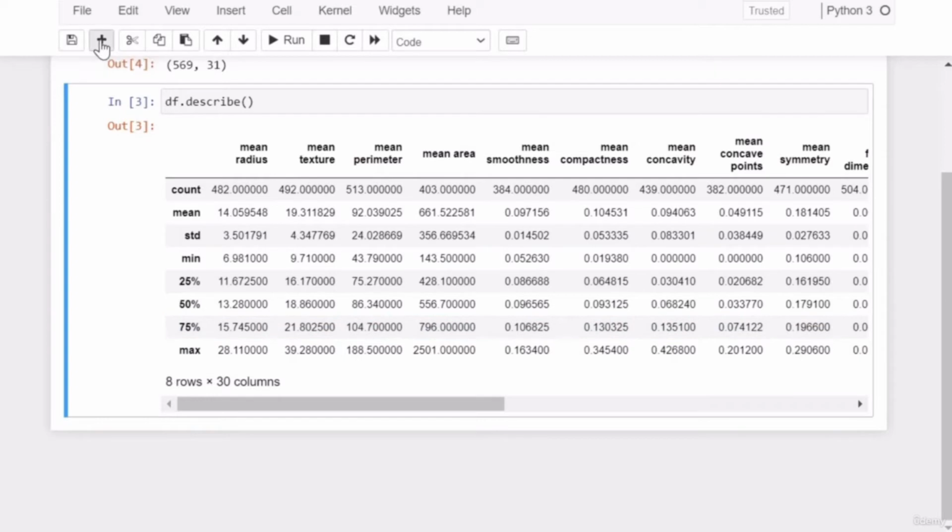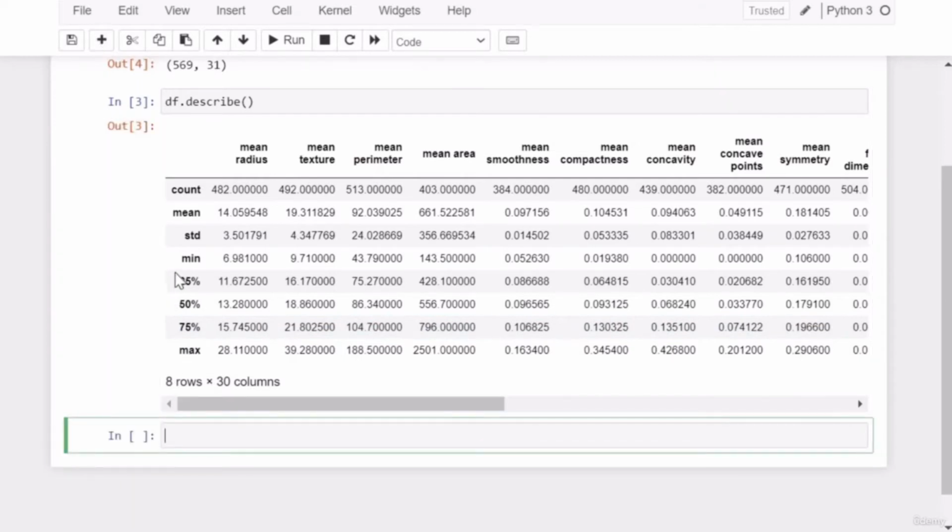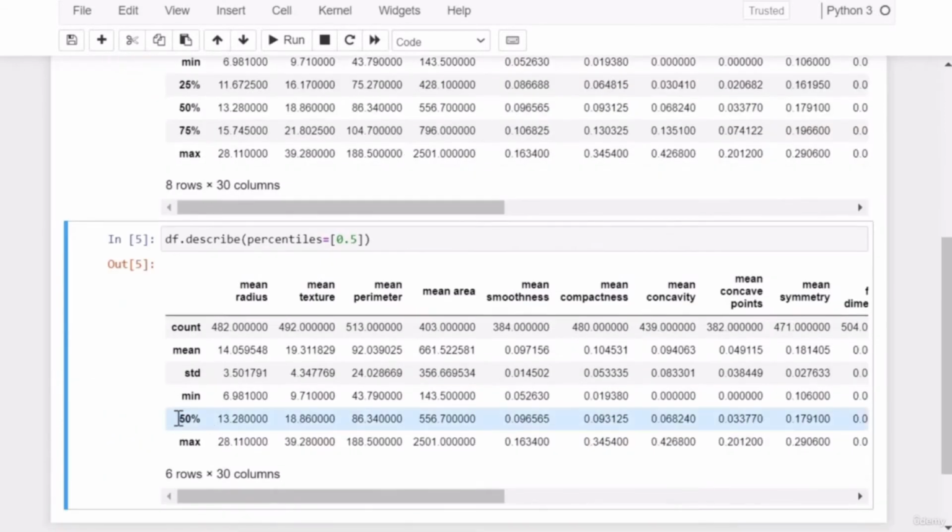We can calculate a different kind of summary, including, for example, other percentiles. For example, we may want to have a look at the outliers, for example, the 5th percentile and the 95th percentile. We can write df.describe percentiles. This is a list, and we have to give the values of the percentiles. For example, we can just take a look at the median, so 0.5, and we are going to get only 0.5,